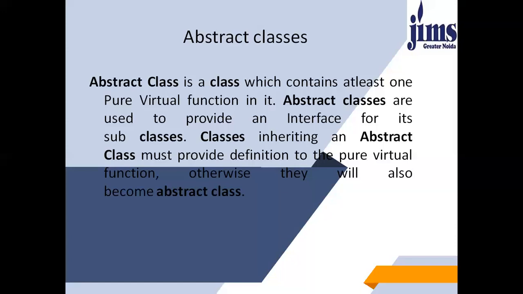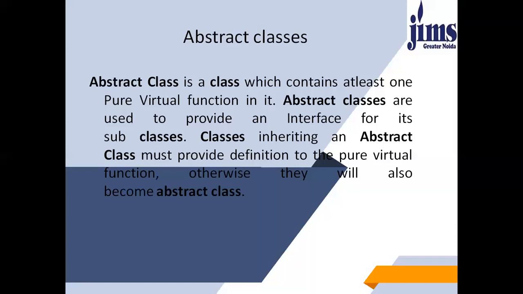Consider an example of a shape base class with subclasses triangle and rectangle that inherit the shape class. Now suppose we need a function to return the area of the shape. The function will be declared in the shape class. However, it cannot be defined there as the formula for the area is different for each shape. A non-specific shape does not have an area, but rectangles and triangles do. Therefore, the pure virtual function for calculating area will be implemented differently by each subclass.